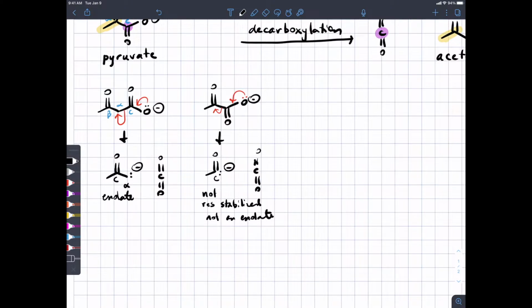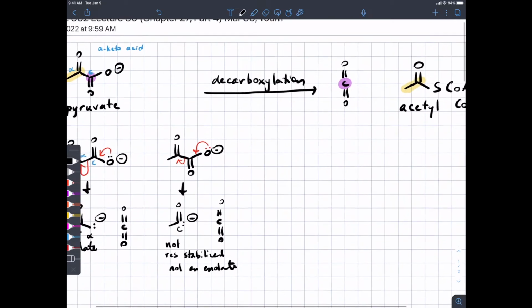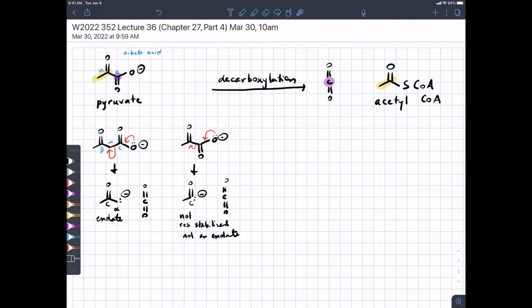So far, in all we've done, we've used the alpha carbon as a nucleophile and the carbonyl carbon as an electrophile. And here we're saying in order to get this reaction to work, we're going to have to somehow use the carbonyl carbon as a nucleophile. That's going to be challenging, and that's going to involve an important cofactor called thiamine pyrophosphate ylide. We'll abbreviate that as TPP. And it's going to involve another important group called lipoate,